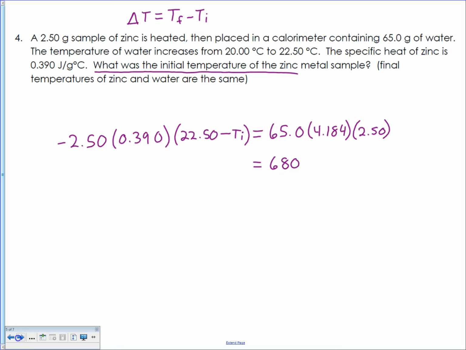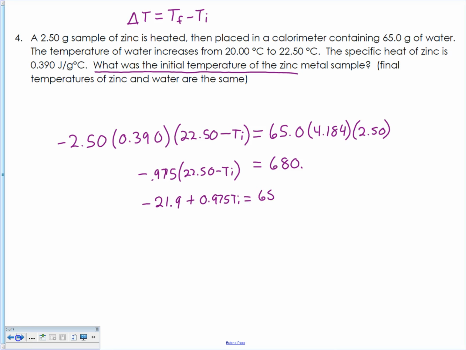We can go ahead and solve that side. It's 680 point, and then on this side, we get it's negative 0.975 times 22.50 minus Ti. Distributing that negative 0.975, oops, I should fix this. It's 0.975. Distributing that through, we get negative 21.9 plus 0.975 Ti